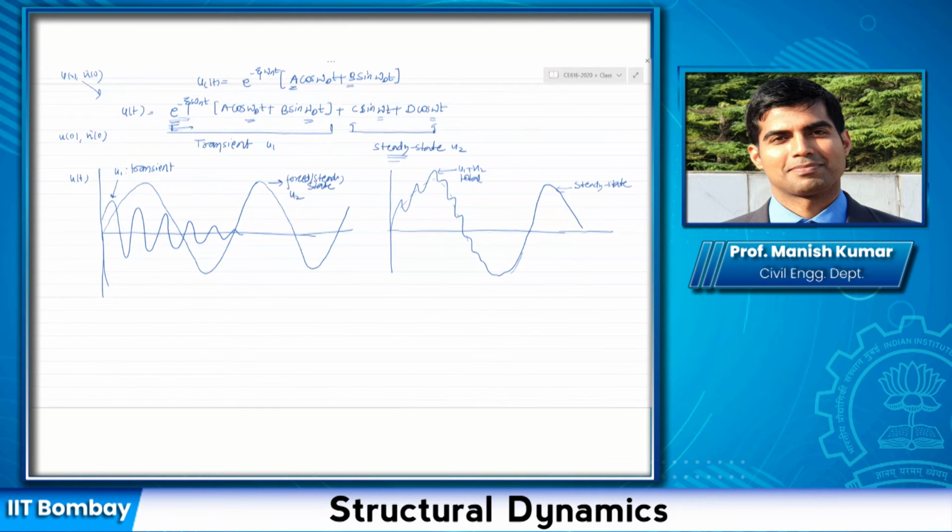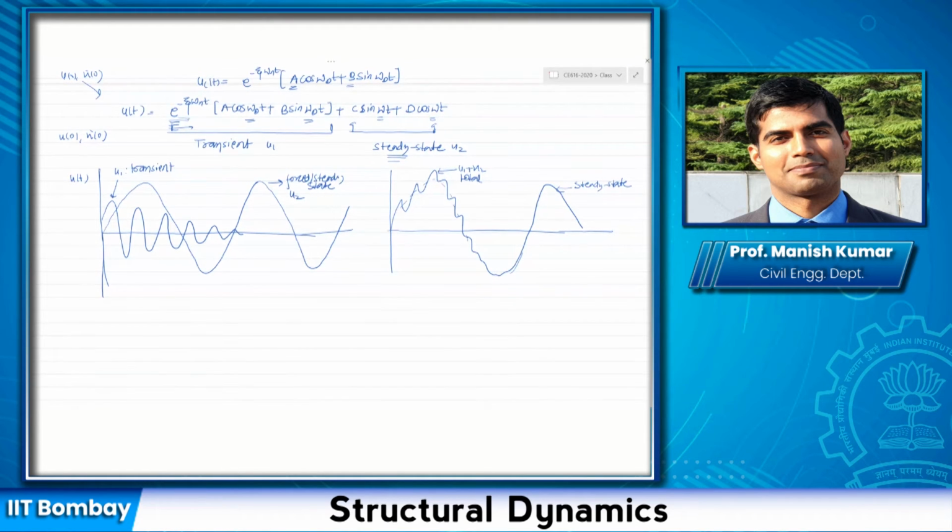Aditya here. As you said, while doing the analysis we ignore this transient part and consider only the steady state part. But it can so happen that the addition of the two in the initial phase is greater than the maximum value we get in steady state. So won't that cause failure? Yeah, correct. That is a good point.